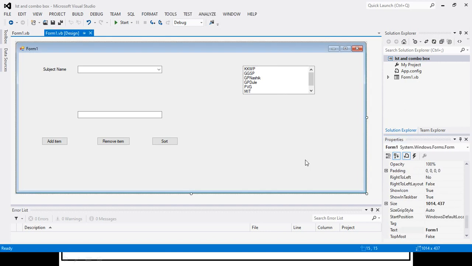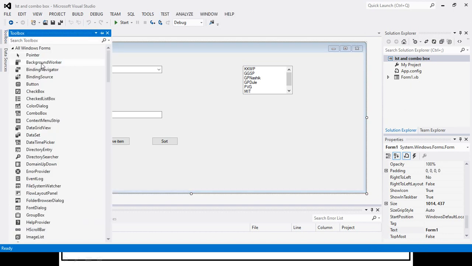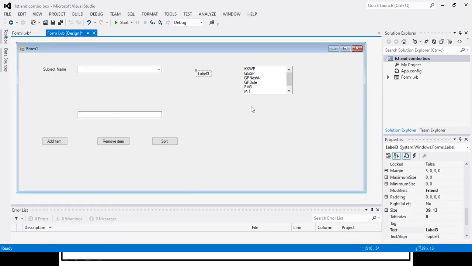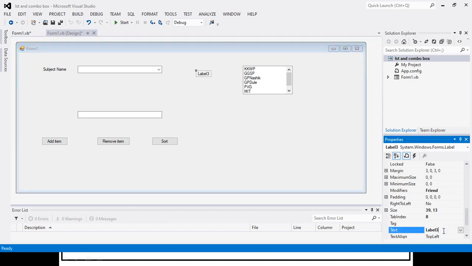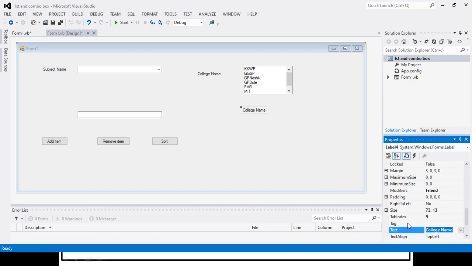Okay. Now we will have some other operations like our combo box. For that I will give some labels. The first label is college name, and one more label I will use to display the selected item of our list box.